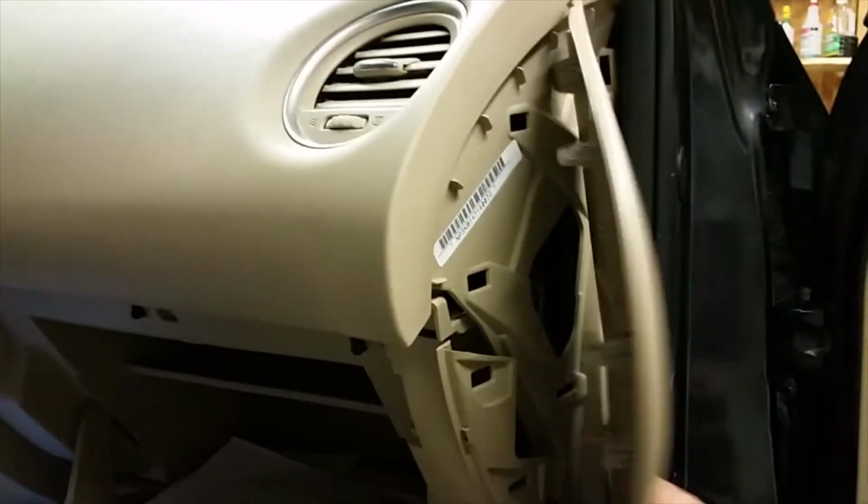What you want to make sure you do, see this? In order to get the glove box out, you want to pop this loose. See? Right here. It just pops right out. I didn't even use any tools. I could have used my trim tools, you know, but it just popped off so easy. I just went with it. And then,